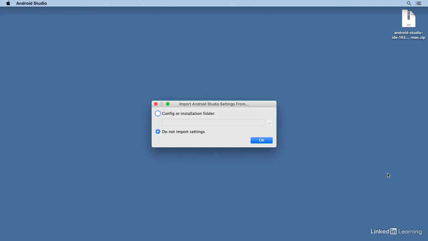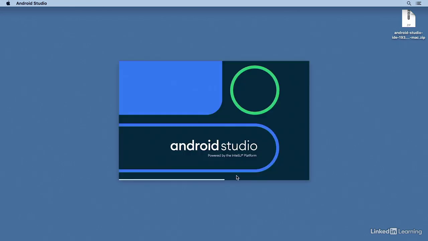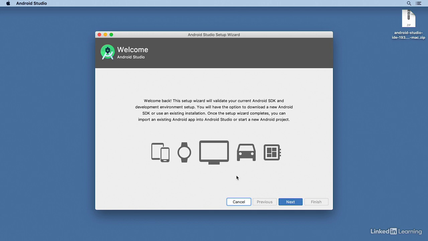The first time you open Android Studio, you'll see a dialog asking if you want to import existing settings. If you have settings from a previous installation, you might see them displayed here. But if this is an absolutely fresh version of Android Studio, you'll instead see this display. I'll click OK, saying I don't want to import settings, and I'll go into a wizard that will walk me